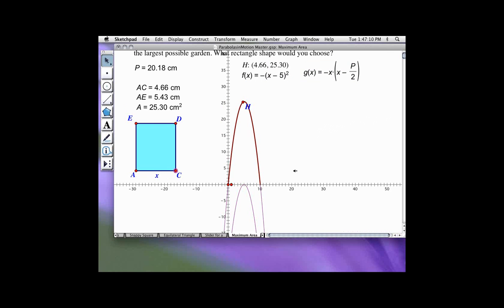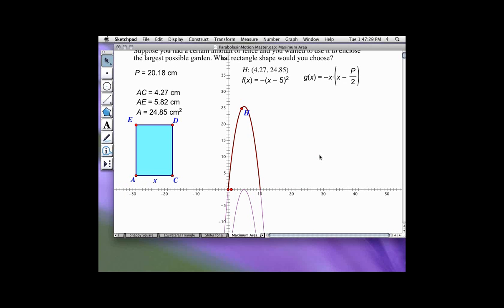Okay, so the equation that I had in mind was something similar to this. We know that if we call this side x, to get the area of a rectangle, we'll do base times height, and we have one of the sides. The question is, how can we express the other side in terms of the perimeter and x? And if you think of AC plus DC as being half of the perimeter,